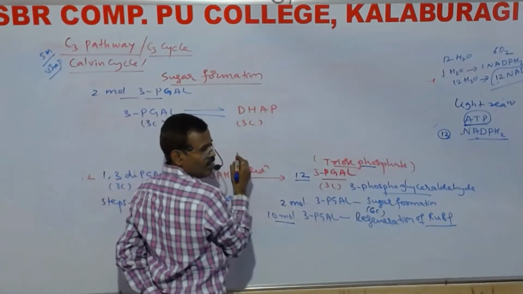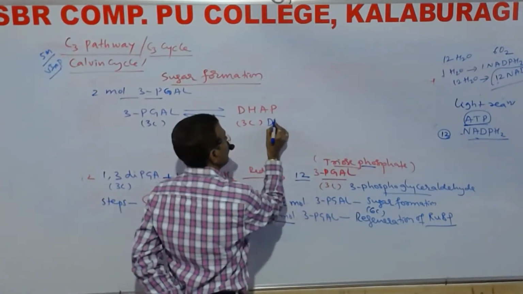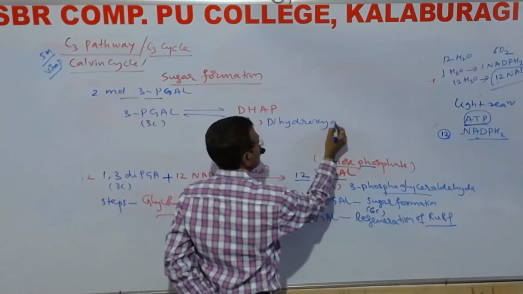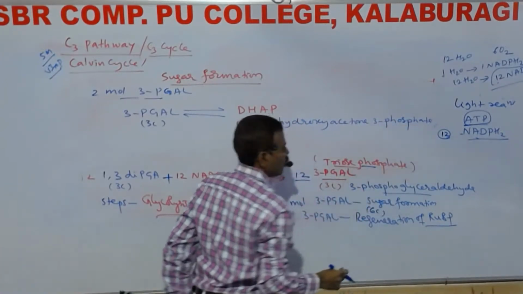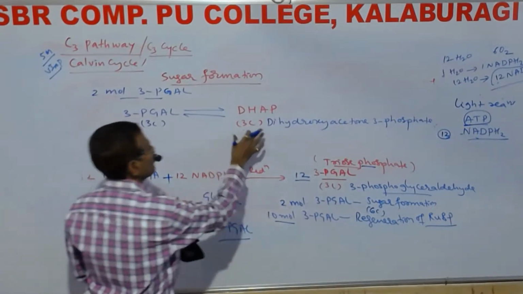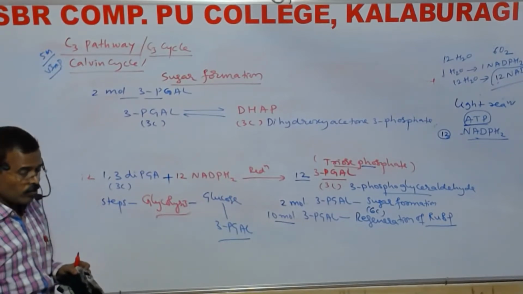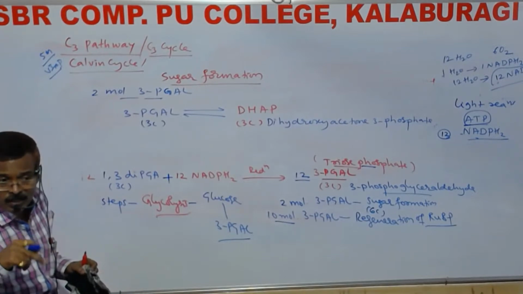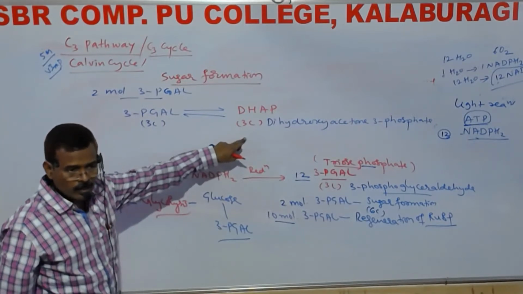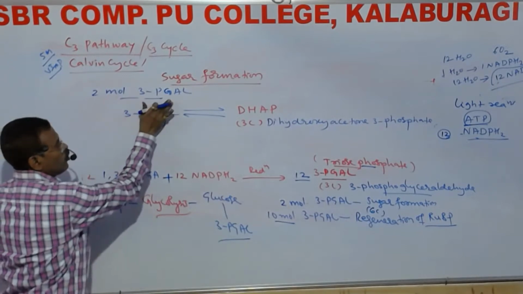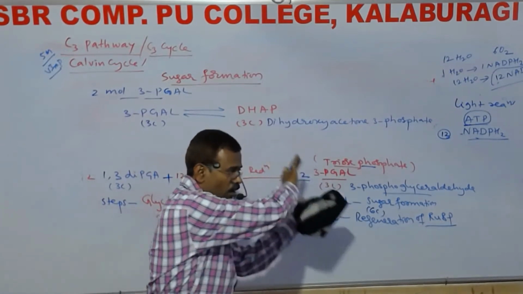So here, what is this DHAP? Dihydroxyacetone 3-phosphate. Remember this. This is a 3-carbon compound. So one molecule of PGAL remains as it is, and one molecule of PGAL has been converted into its isomer, DHAP. Remember. So two molecules of PGAL which were formed in the stroma of the chloroplast are transported out